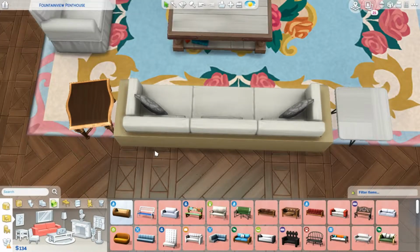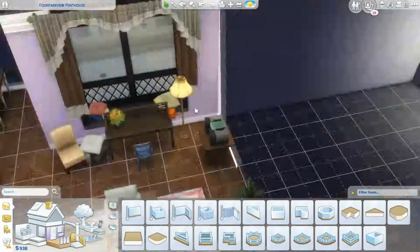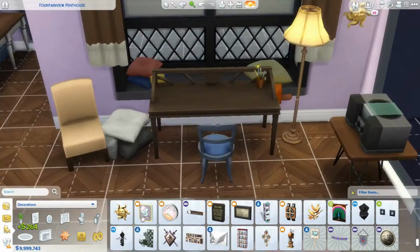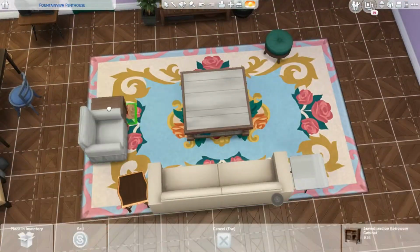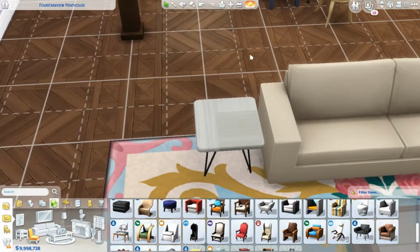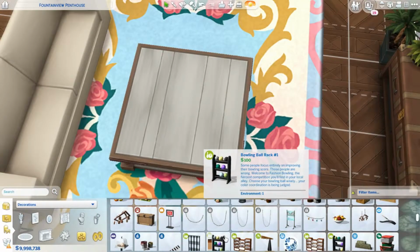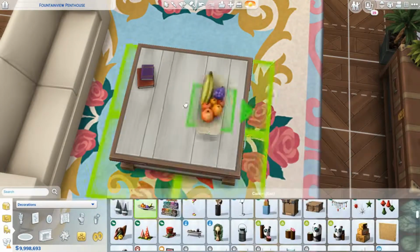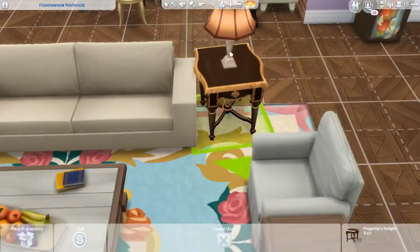I've wanted to do something like this apartment for a while. Not specifically this apartment, although I think this is really fun. I meant I wanted to build a house from a TV show or movie for the longest time, because I already talked about how I love piecing that stuff together, so I think it'd be really fun to try it in The Sims,